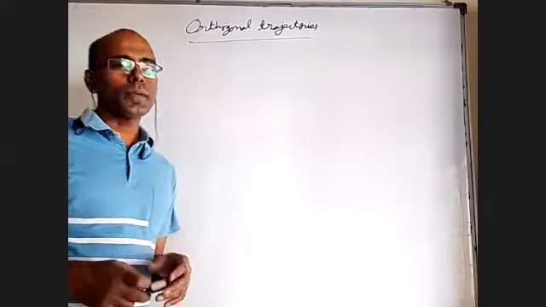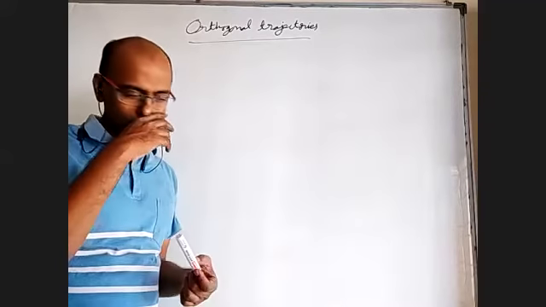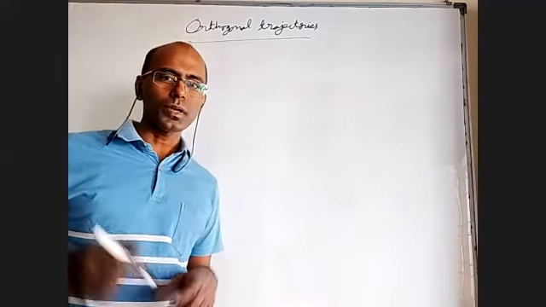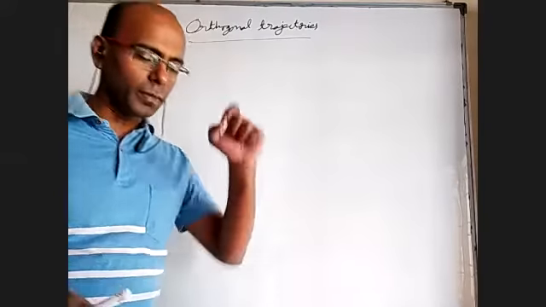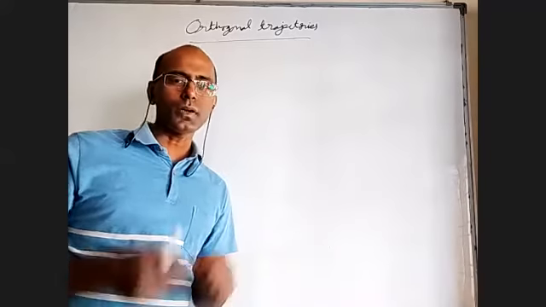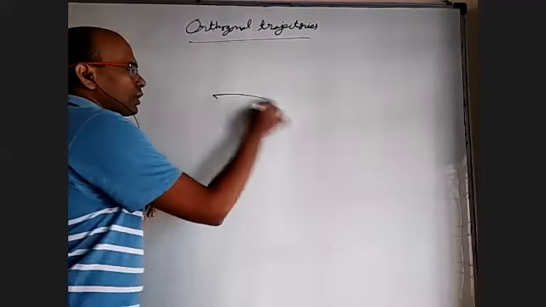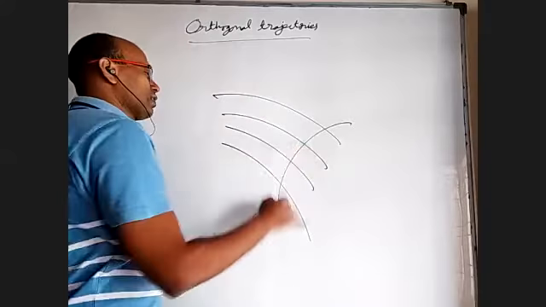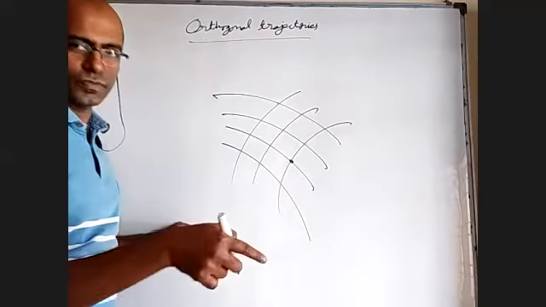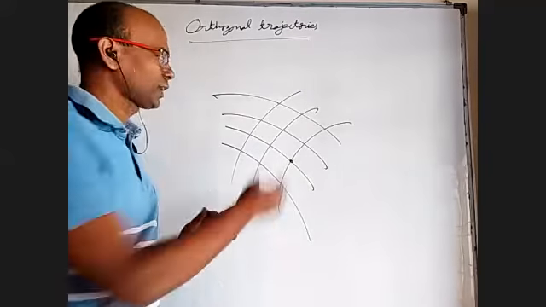Now one may ask, what does the differential equation chapter have to do with this whole topic? It is that your slope of the tangent is after all dy by dx. So how to do this question? Because every member in the first family should intersect every member in the second family orthogonally. So there are a lot of original curves. These are all secondary curves. You take any one of the points, find dy by dx of the first curve and dy by dx of the second curve. The product should be -1. You take any one of the points.